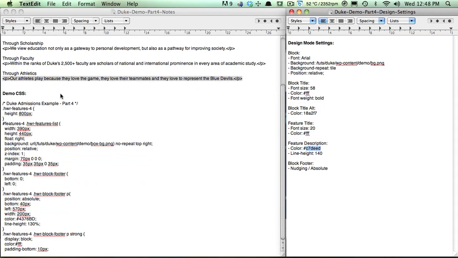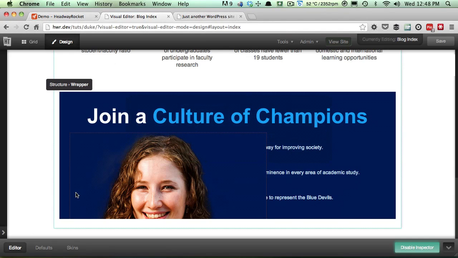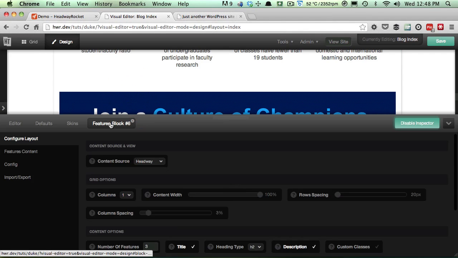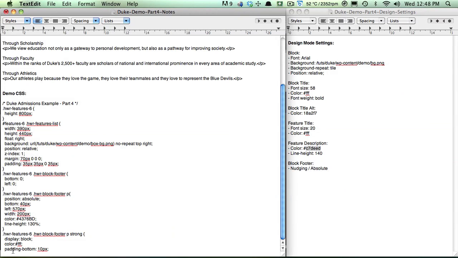So I've already created the CSS here. I see Headway's actually changed the ID, so I'm going to quickly update that to 6. That's just referring to the block instance ID, which you can find by hovering over the block in the grid mode, or alternatively you can right click on the block and you'll see features block number 6. So that's what I'm using in the CSS. So now we're going to copy this into the